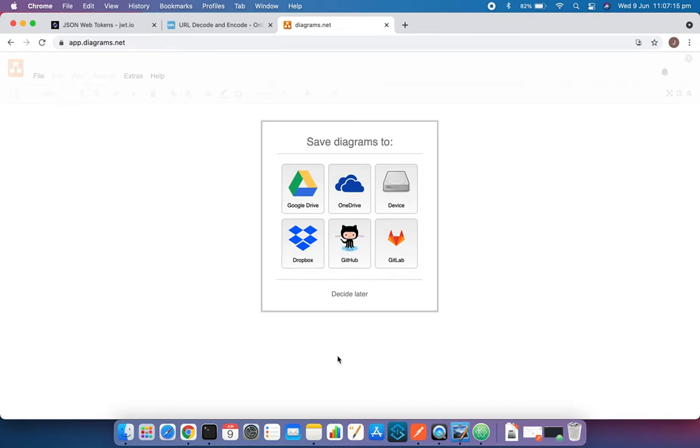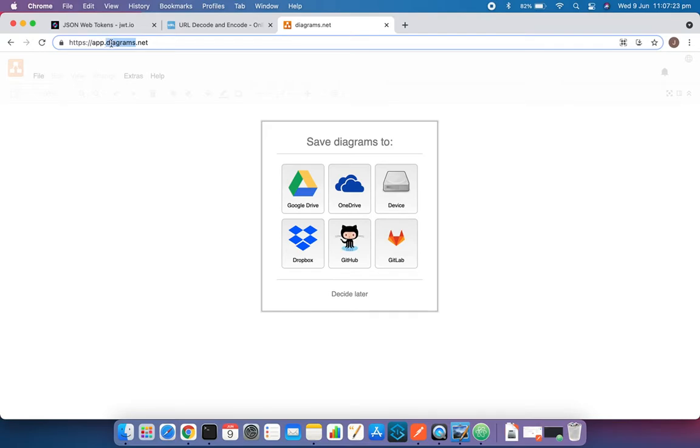So what is the scenario now? I have a site, draw.io, and this site may be owned by some ABC company. And this application is hosted on some different server. But it wants to access